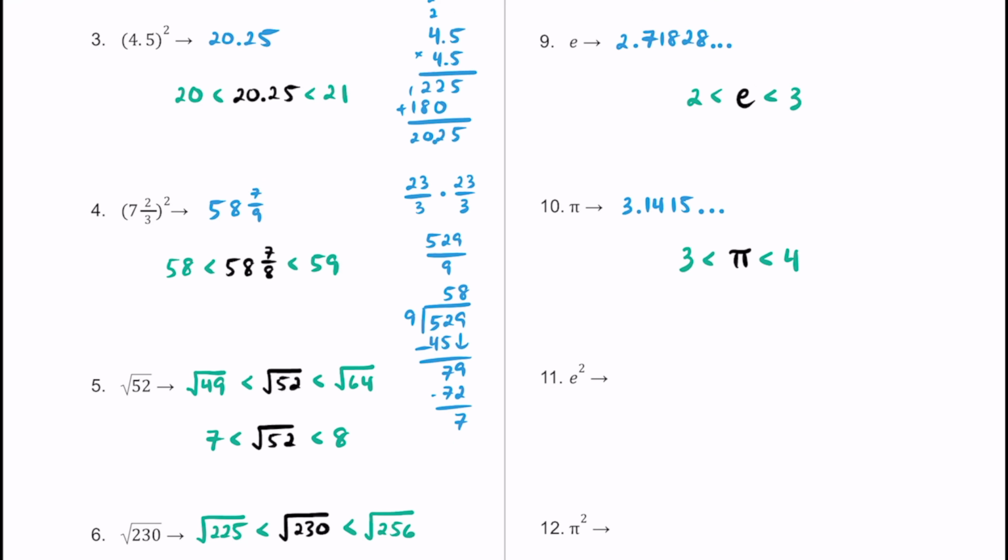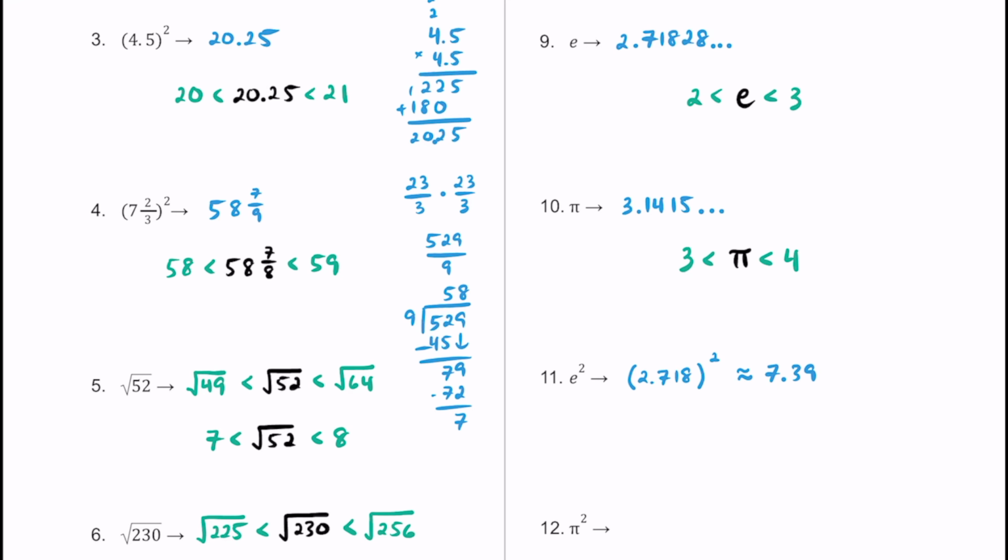For number 11, we have e squared. So again, e is roughly 2.718, and so on and so forth, and we're going to multiply that by itself. So if you go ahead and just multiply this out, 2.718 times 2.718 roughly, that's just something you're going to need to know. That's going to be roughly